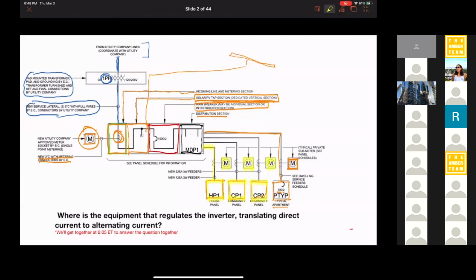It's pretty complex, actually. It's both complex and complicated. But the question was, where's the equipment that regulates the inverter translating direct current to alternating current? Well, photovoltaic panels produce direct current. They produce direct current. And because almost all of our equipment plugs into the wall at alternating current, even though, parentheses, a lot of our electronics run on direct current, but they get rectified back to direct current. That's what that little equipment is, and that's what happens inside the TV or inside